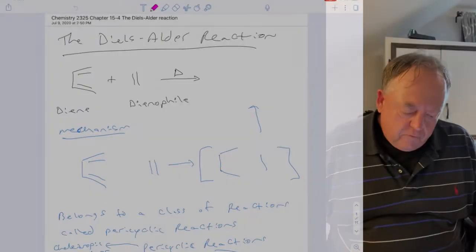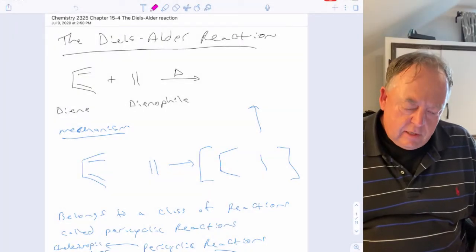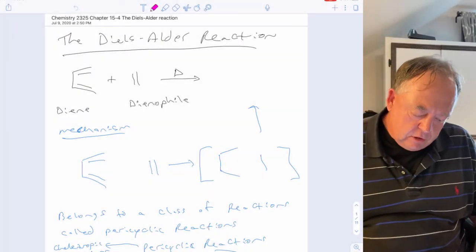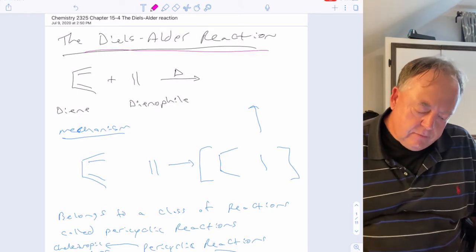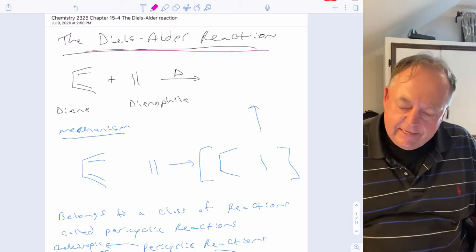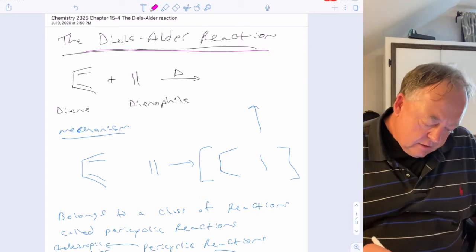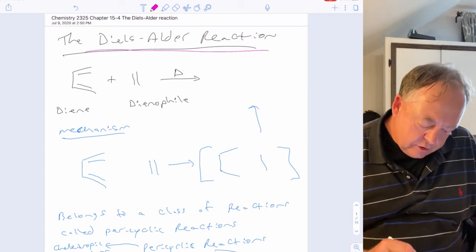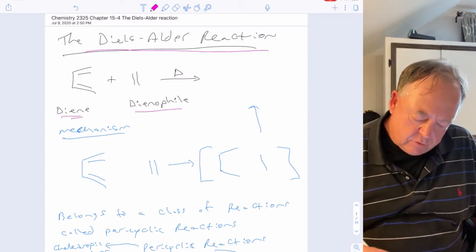So this will be the fourth lecture out of chapter 15, and this will be the last lecture. In this lecture, we cover what's known as the Diels-Alder reaction. This is a classic example of the Diels-Alder reaction. Basically, what happens in this reaction is you have what's called a diene, and it reacts with a dienophile,